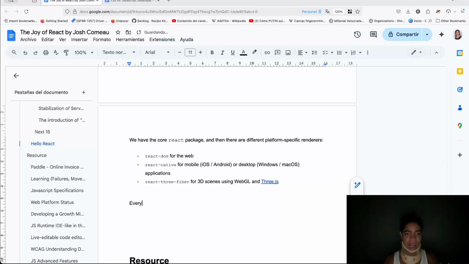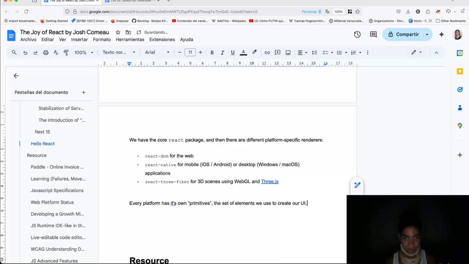Every platform has its own primitives, similar to JavaScript. The set of building elements we use to create our UI. Exactly. The set of elements we use to create our UI. For example, on the web,